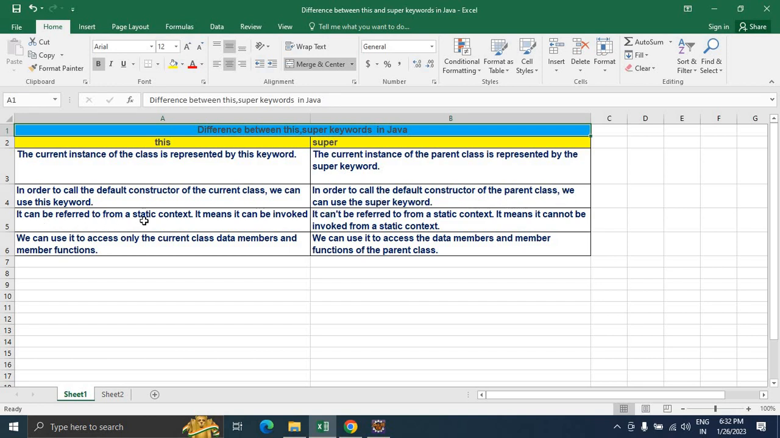This can be referred from a static context, it means it can be invoked. Super can't be referred from a static context, it means it cannot be invoked from a static context. So we can use super to access only the parent class data members and member functions. They are called member methods, and we can use this to access the data members and member functions of